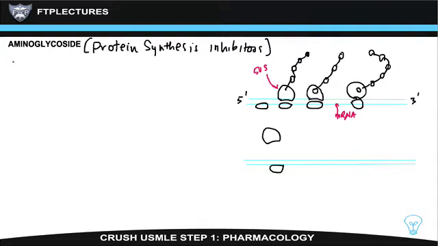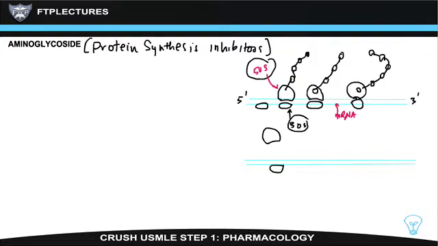Now, this is different from eukaryotic organisms such as human beings, because these drugs do not work on the ribosomes of eukaryotic organisms, because eukaryotes have an 80S ribosome compared to the 50S and the 30S subunit